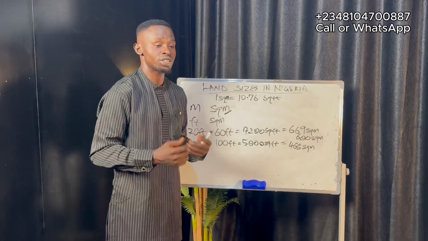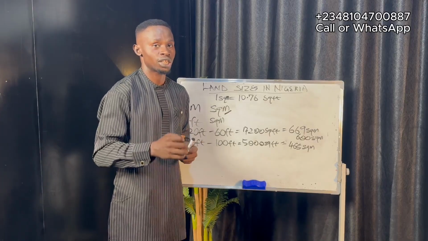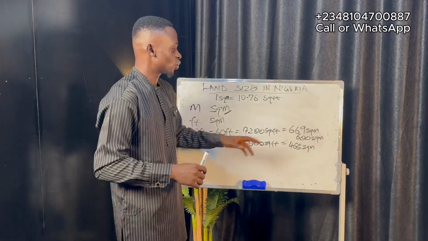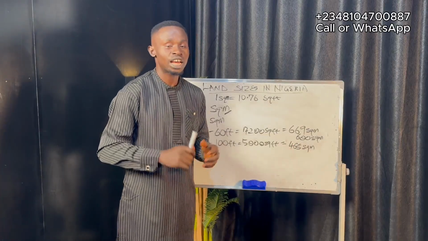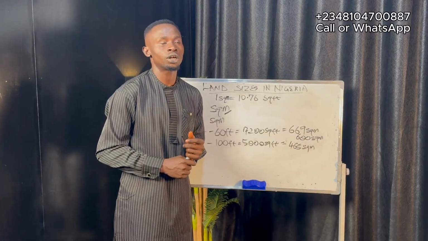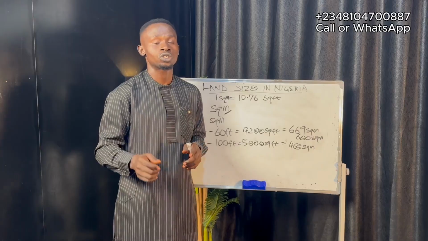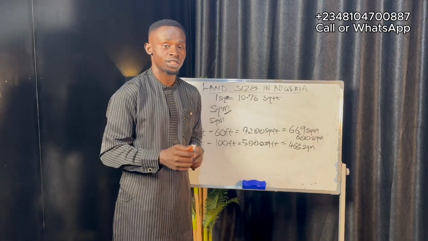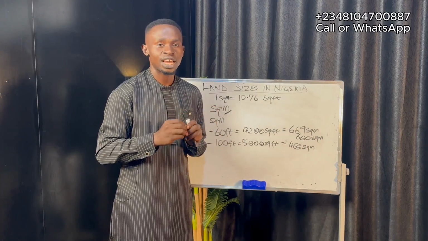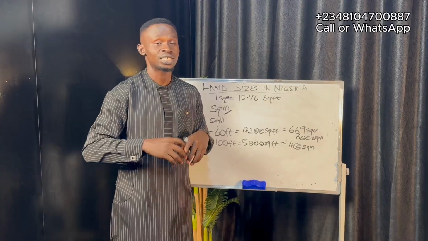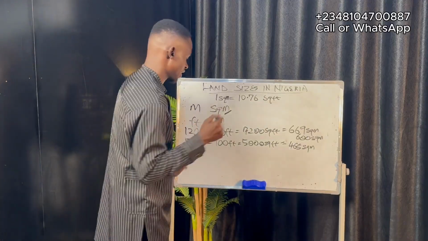Most of the time, real estate companies make use of 500 square meter as their measurement for standard plots. So you find out that what you have in Lagos and what you have in Enugu are not the same. So that's why when you want to buy land, don't use a particular measurement that you got in a particular state to quantify what is obtainable in another state. It is not the same. There's no standard land size for full plots in Nigeria. It varies with location. So the next thing that we need to consider is acres